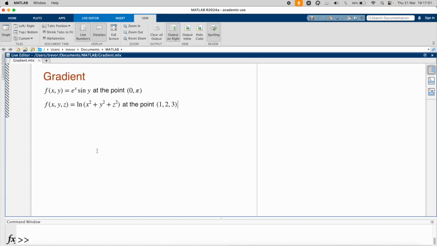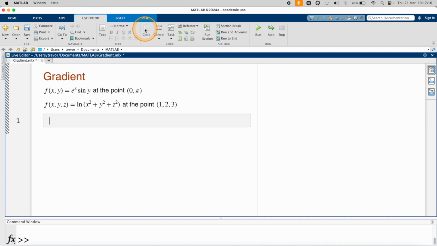In this video, I'm going to find the gradient of these scalar fields at the given points. So I'll start by looking at the first one there. What I'll do is enter the code. I'll go to my live editor, and then for the code, the first step is to create my symbolic variables,